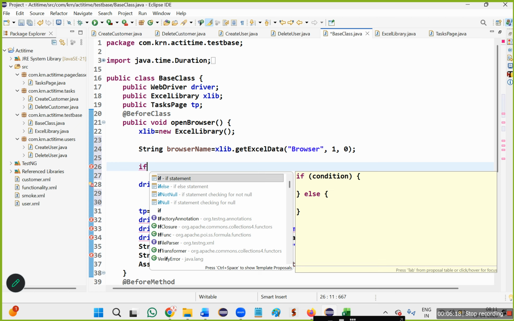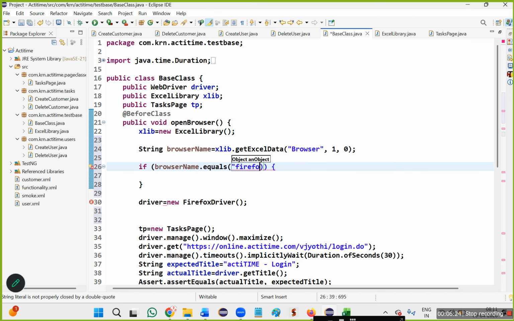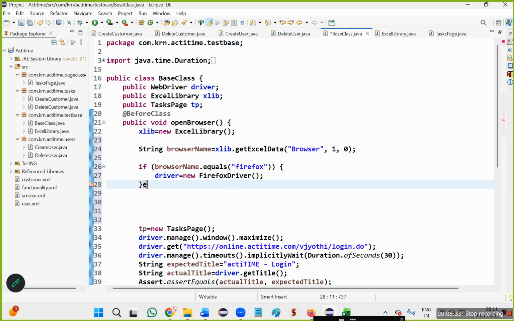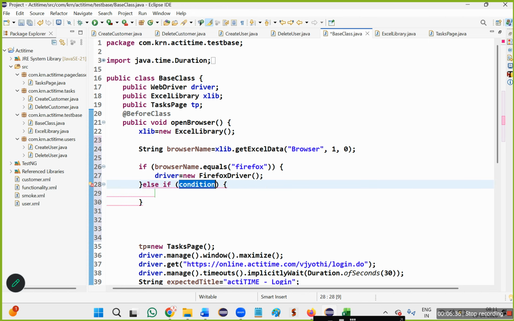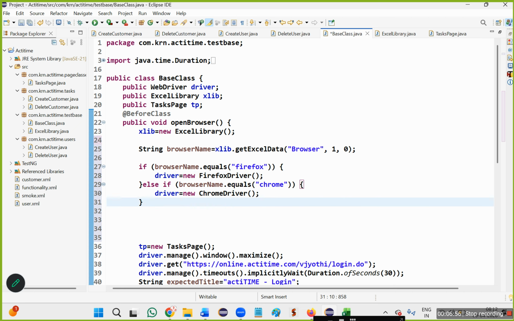If browser name dot equals Firefox, driver equal to new FirefoxDriver. Else if browser name dot equals Chrome, driver equal to new ChromeDriver. If you want for Edge browser, else if